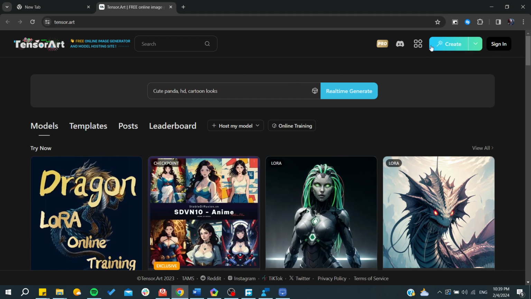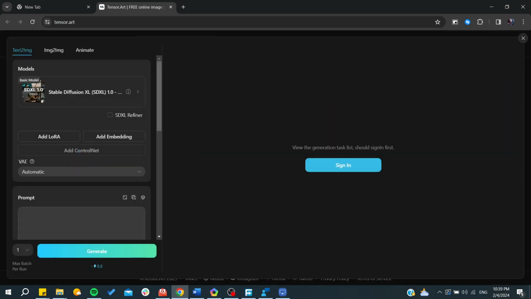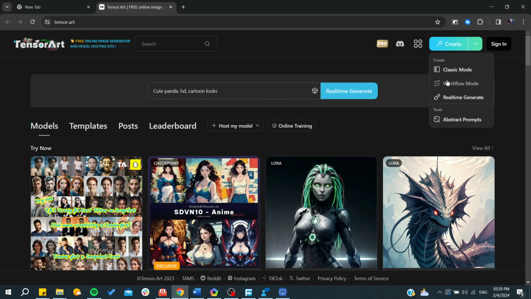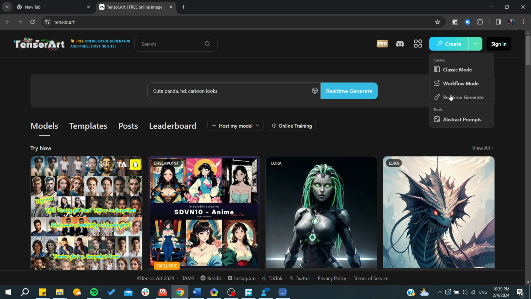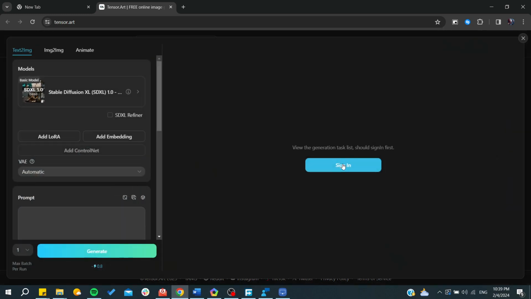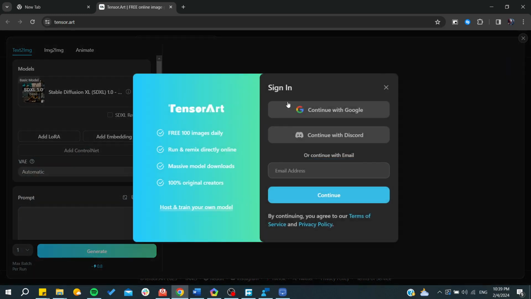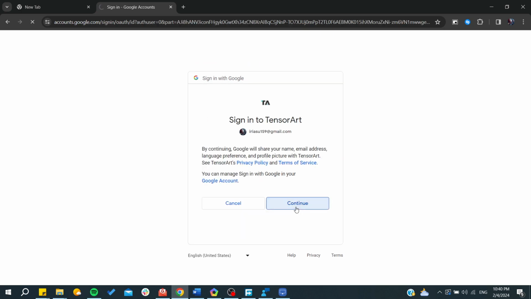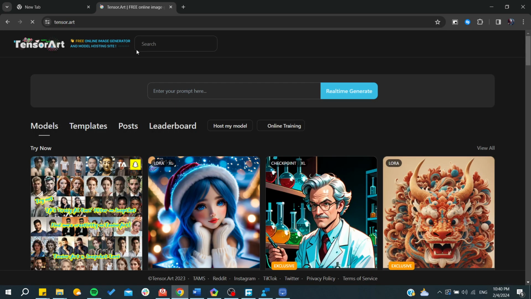So basically, we will need just to click on create, and of course, we have many modes. There are the classic mode, real-time generate, etc. So we can just click on create, sign in, so we can save our results. And I'm just going to choose this account, continue, and basically we will be able to generate our AI